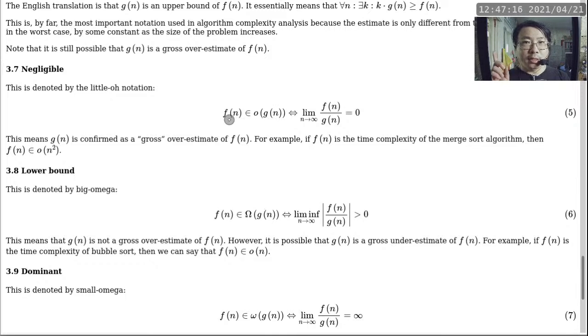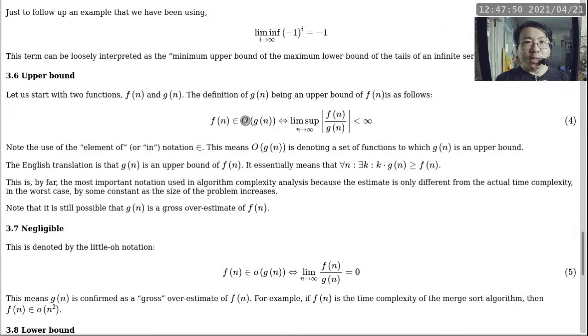So we can now say n as a linear function is an element of the gross overestimate set of n squared. In other words, n squared is grossly overestimating n. That's basically the bottom line. Now the little o notation is not used a lot. It's very seldom that you will find a reference to the little o notation because it's not very useful. Because basically little o is a subset of big O, because big O is just asking one thing: is it